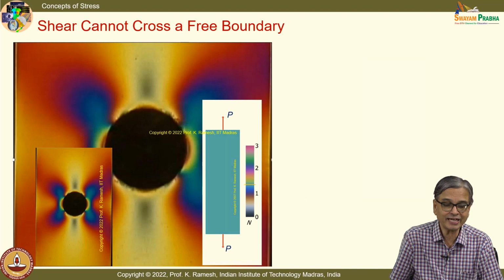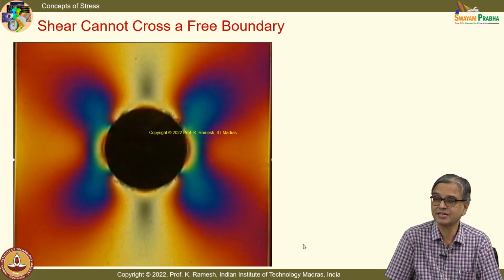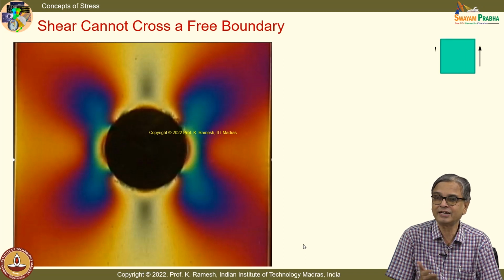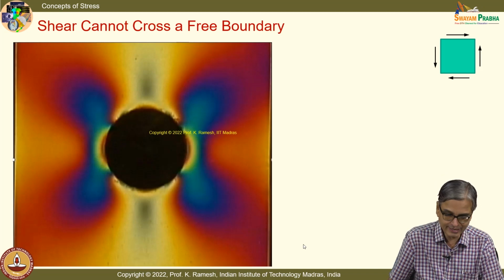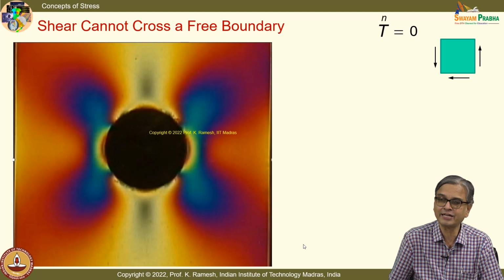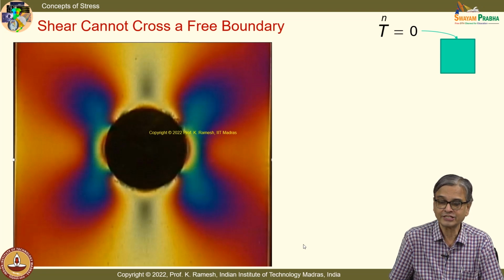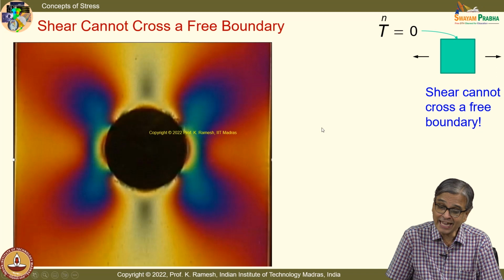Now let us see whether we can do that from what we have understood. The concept is that shear stress cannot cross a boundary. Can we extend it and understand? I have already said that you should understand shear cannot cross a free boundary, and I am showing it as an animation. So you have Tn equal to 0, and these shears also go to 0. So shear cannot cross a boundary. That does not imply everything is 0 on that surface. It can support